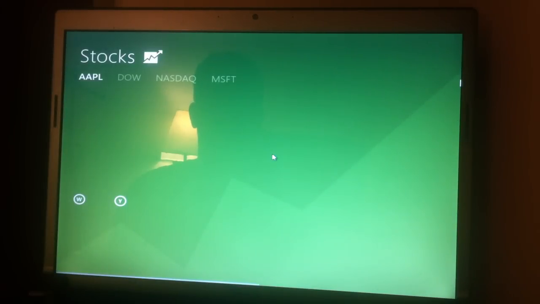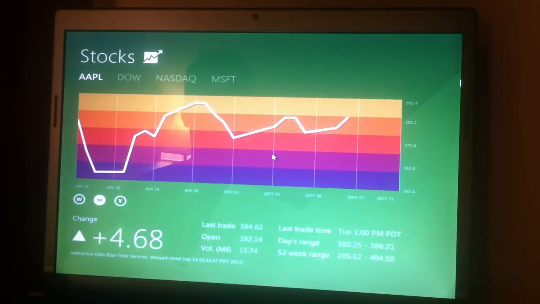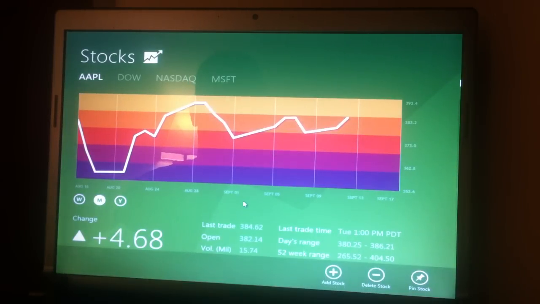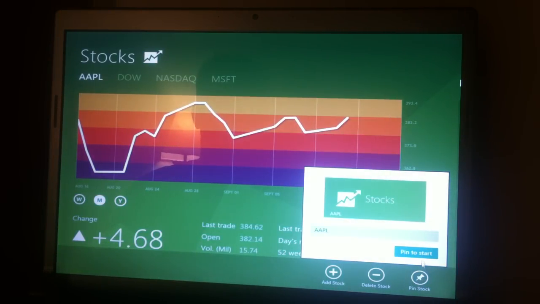There's very little that you can actually do, but again, the important thing is here you right click and you've got your options down here. And this is one thing I didn't see before, but here's a pinning option. Let's say I want to pin a particular stock to the start screen. If I click that, let's see what happens. Say pin to start,